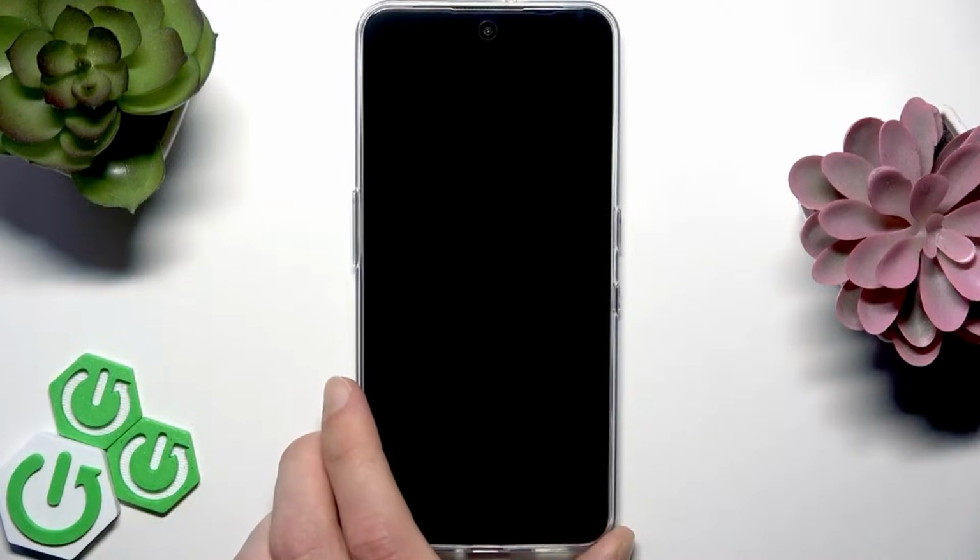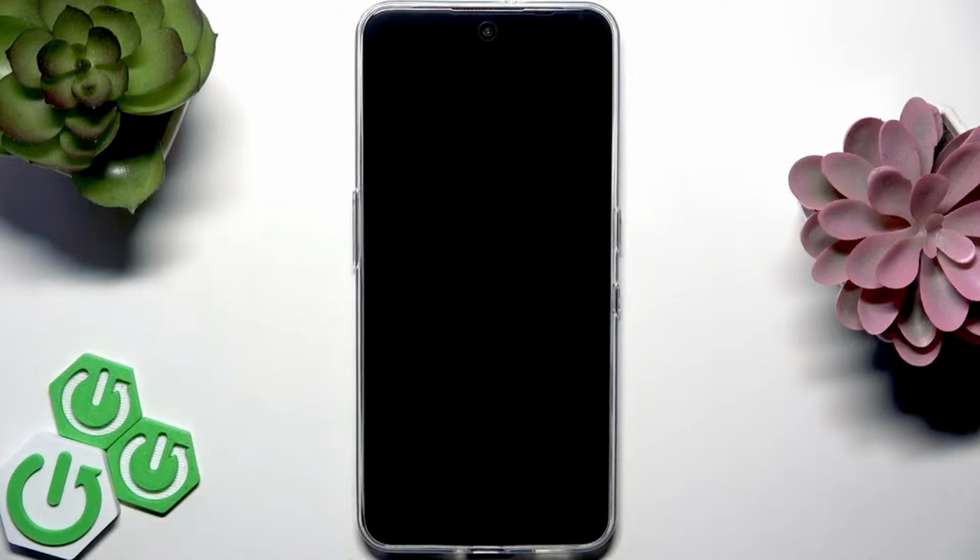this simple solution will not work for you, then you should consider removing your protective glass and replacing it with the original one from the Nothing company, because these are the most compatible with the Nothing phone fingerprint sensor. So